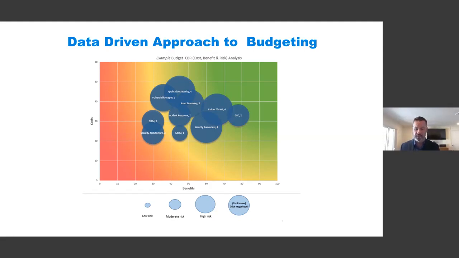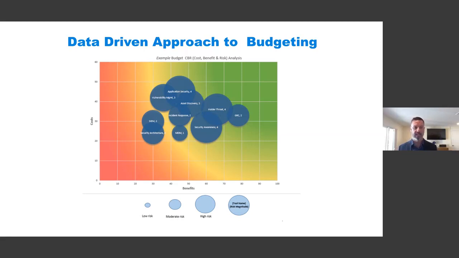This is my approach to budgeting, and I want to share a story here. Years ago, as a CISO, I would go to the CFO and do my presentation of what we need, and maybe say I was asking for $40 million, right? I'd present all the security reasons why we need to be secure as an organization. What was happening is, I'd ask for 40 million. The CFO would hit me back and say, okay, we can give you 25 million. I'd say 35 million, and he'd say 27 million. And it was literally like bartering for a handbag in Turkey or something. What I do now is a totally different approach.